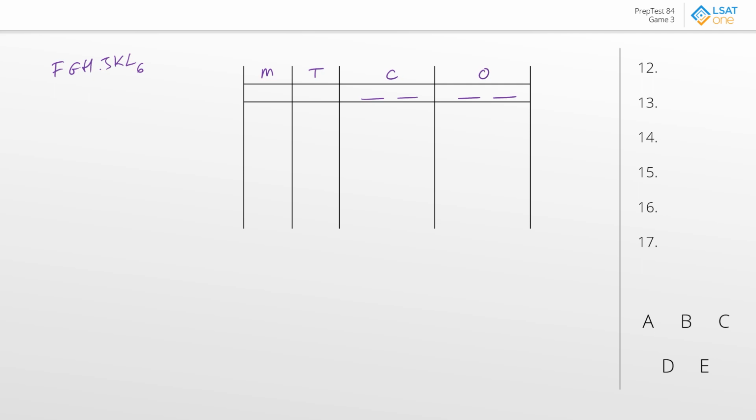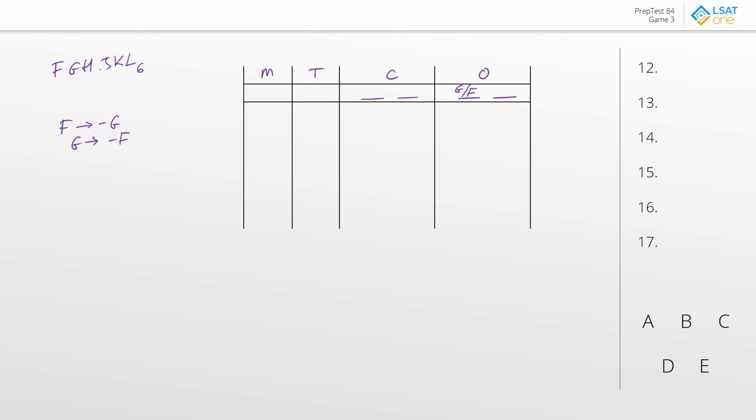So the first rule says, if F is a nominee, then G cannot be a nominee. So essentially, I guess we can kind of say if we have F, then G is out. If G is in, then F is out. But really, you should be used to this as an exclusive relationship. What this basically means is that no matter what, one of G or F is going to have to be out. Now note, they could both be out, right? We don't have to actually have one of them in, but at least one of them is definitely going to be out.